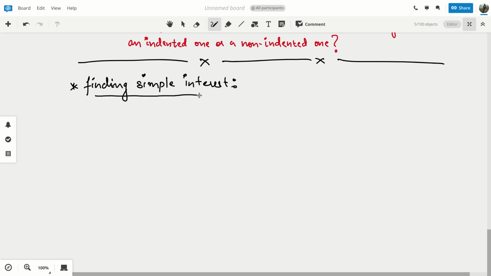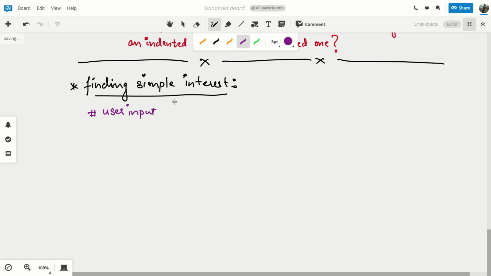How do you find simple interest? What are the inputs required in this? Principal, time and rate. That you need to ask from the user.